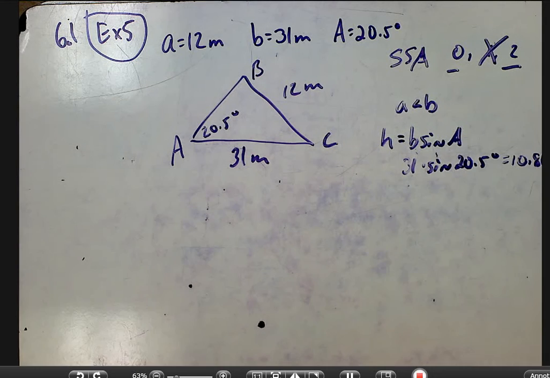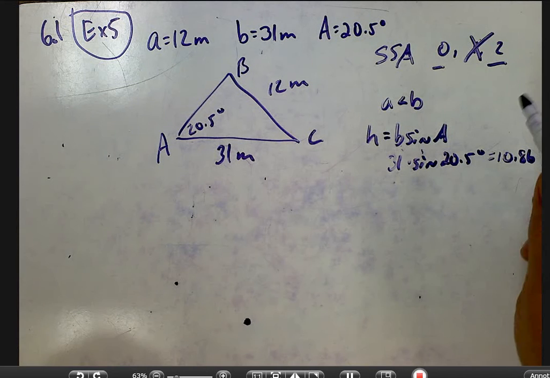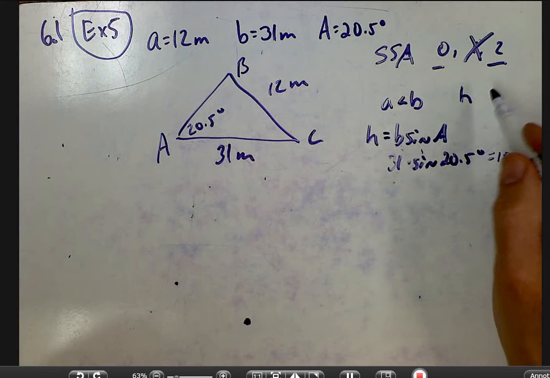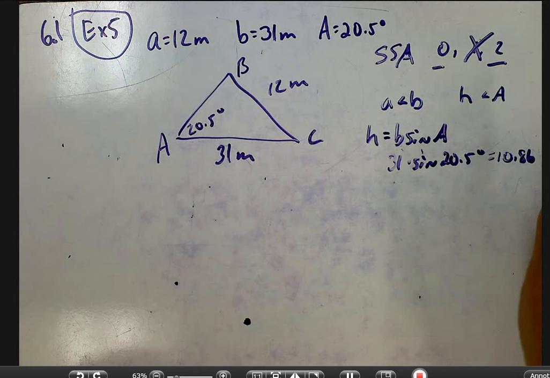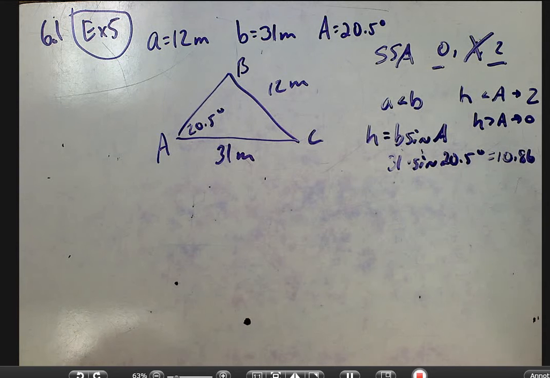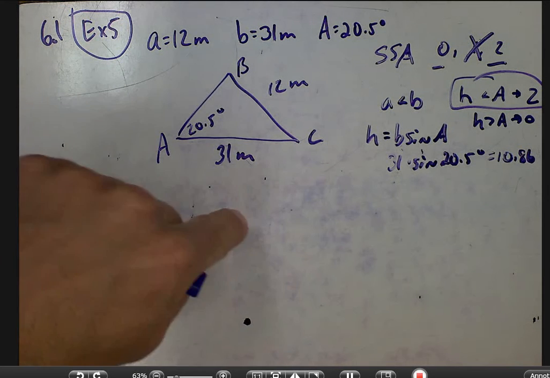Okay, 10.86. And we said if H was less than A, then there were 2 solutions. And if H is greater than A, then there's no solutions. Well, in this situation, the H is less than A, so this is a 2 solution triangle. What that means is there are 2 distinct triangles that can have these measurements, and our job is to find